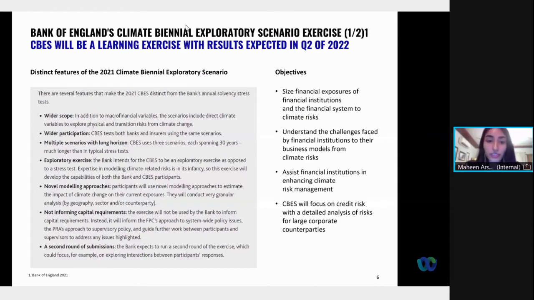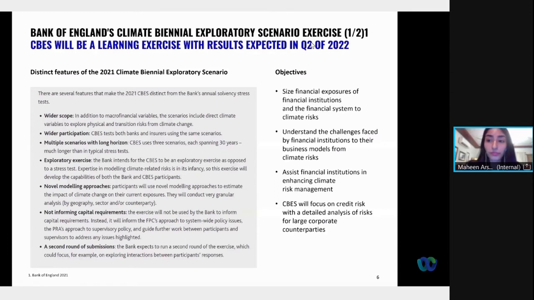So the exercise itself is going to focus on credit risk, but the Bank of England has specified that this is only a learning exercise, and the results of this exercise will not be used to set any new capital requirements. So a few features I'd like to go over for this climate stress test are that, first of all, the largest UK banks and insurers are going to be taking part in this. The exercise is going to look at three scenarios, which I will explain in greater detail on the next slide, but they will include both transition and physical risk, which will then